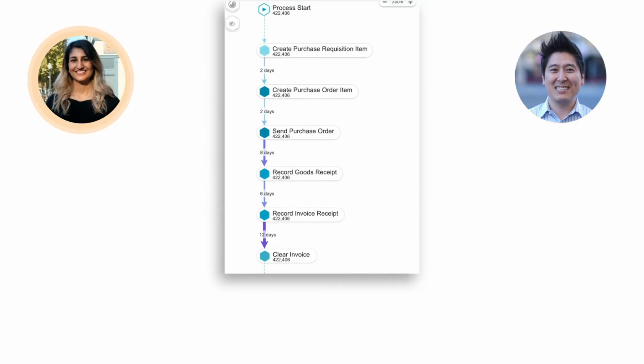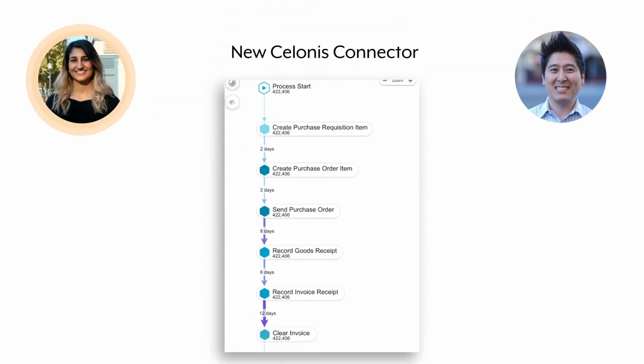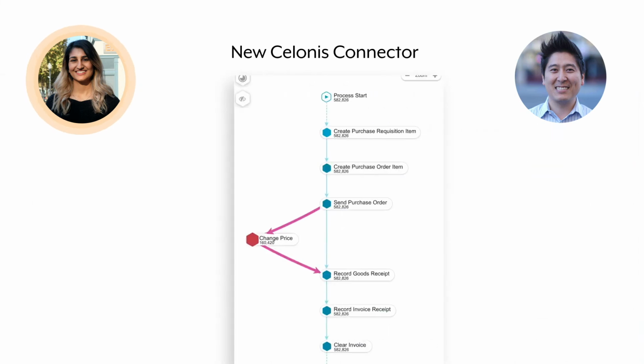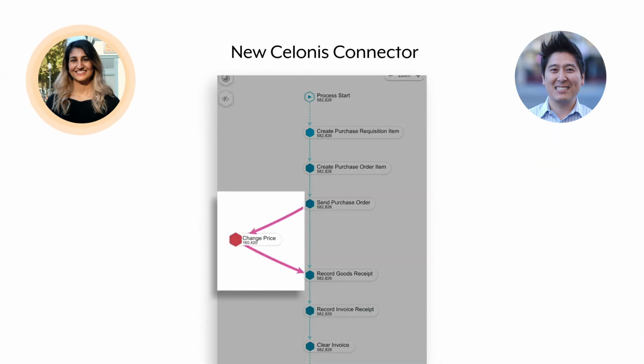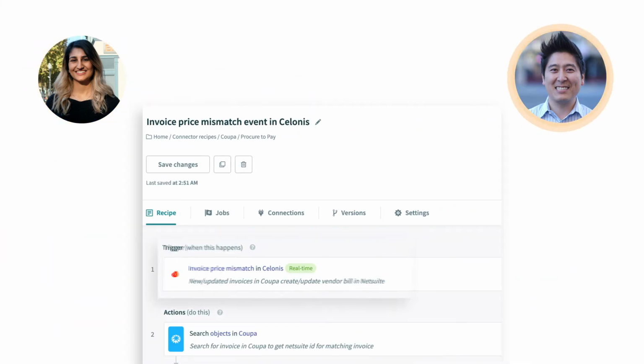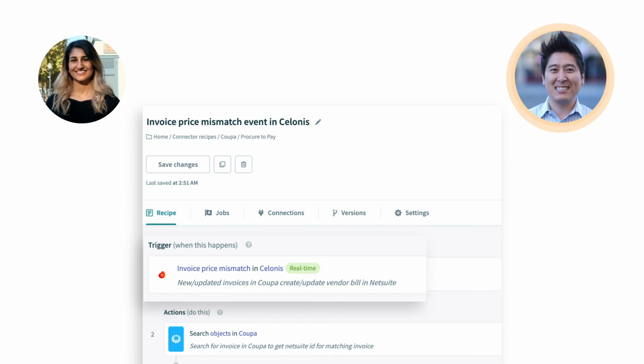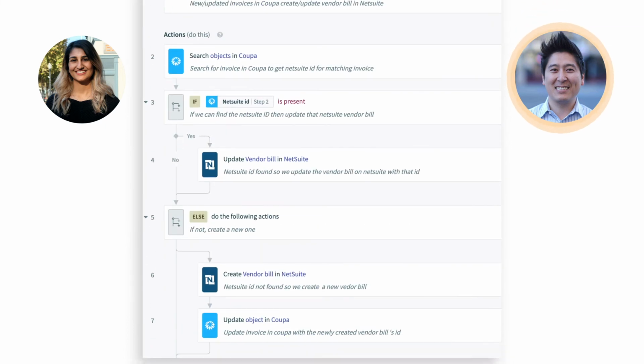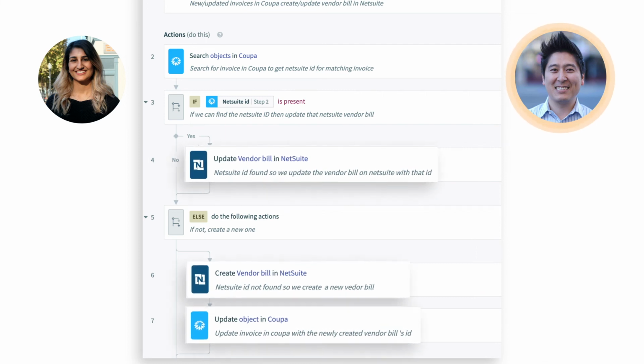We also launched a new connector for Celonis. Celonis mines your app data to provide a visual representation of your processes, like this procurement process shown here. In this example, Celonis identifies that price mismatches add an additional 7 days to your procurement process. Once Celonis identifies the price mismatch, it sends an alert to Workato to fix the issue. Workato automatically reconciles the mismatched product prices by connecting to Coupa and NetSuite and updating them, reducing the delay to